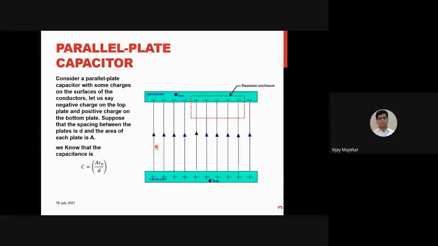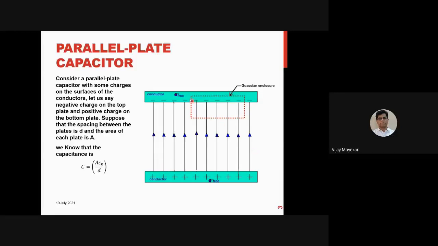So we are starting with the parallel plate capacitor. Here we have the two plates, one plate and the second plate. On the face of one plate, we have mounted negative charges. By induction, we get positive charges over there. If they are pretty close, the electric field is immediately established between these two. These are shown by these particular lines.